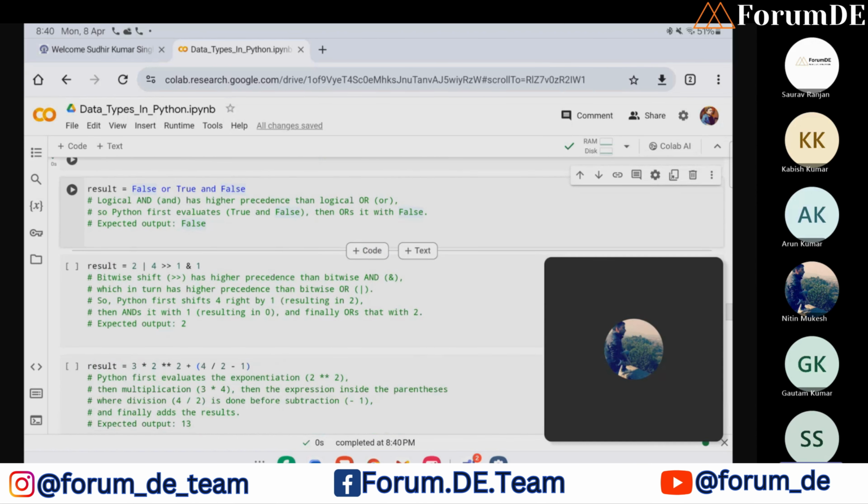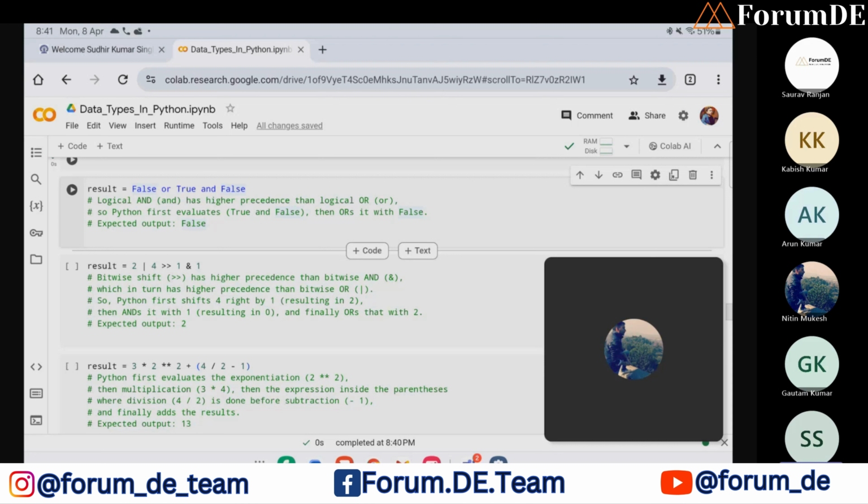Next we have false or true and false. Logical and has higher precedence than logical or. So Python first evaluates true and false, then or, so it will be false. Then next we have 2 or 4 right-wise bit shift, then 1 and 1. So here you can see the precedence order. Bitwise shift has higher precedence than bitwise and, which in turn has higher precedence than bitwise or.